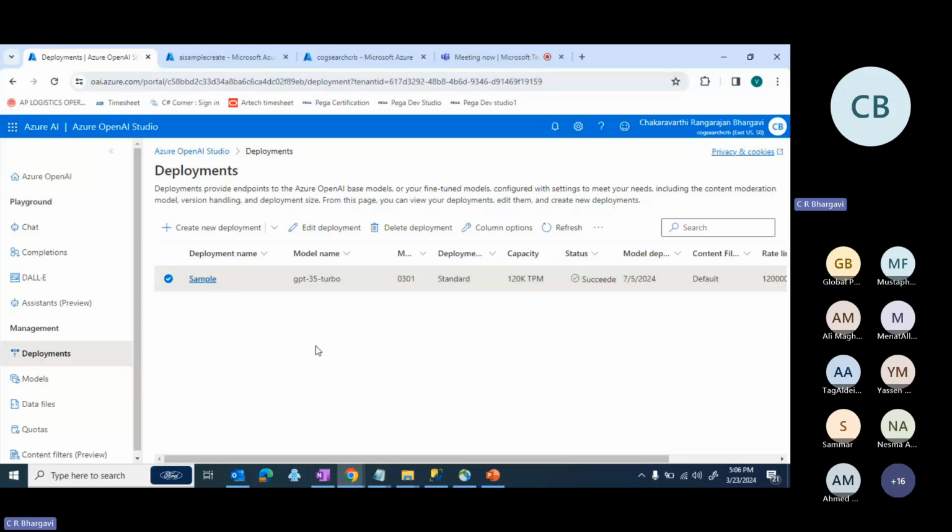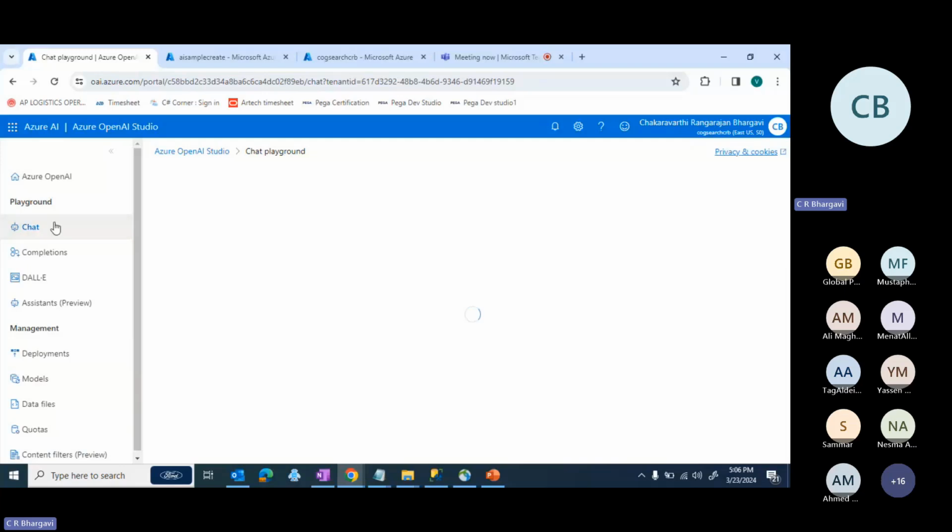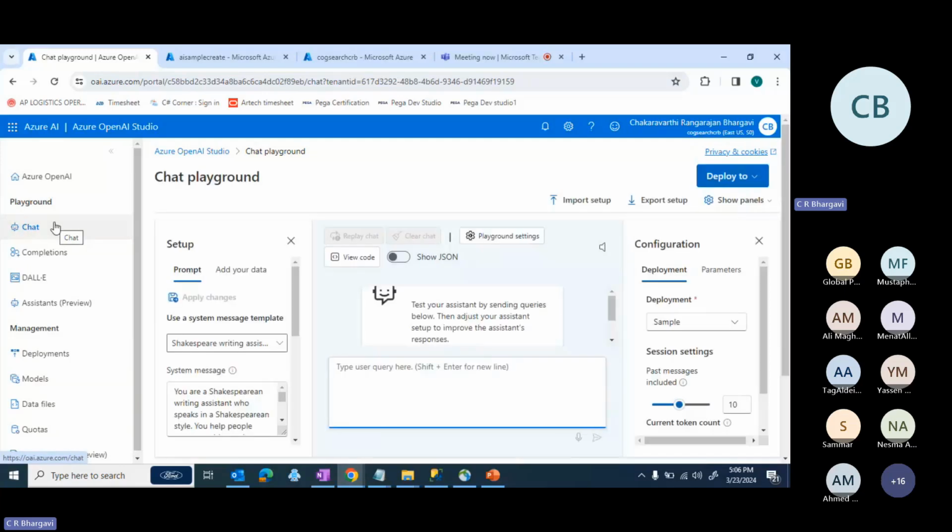And when you want to test these models that we have created here, we have something called the playground. Inside the playground we have chat and completions. Chat is for when you want to have a chatbot kind of feel. And completions is like